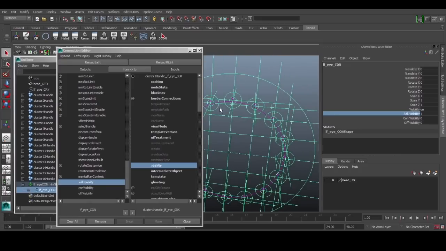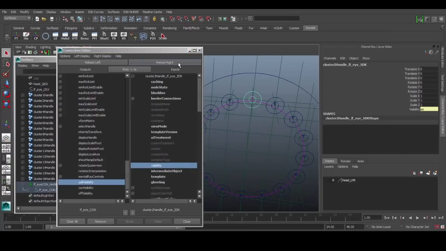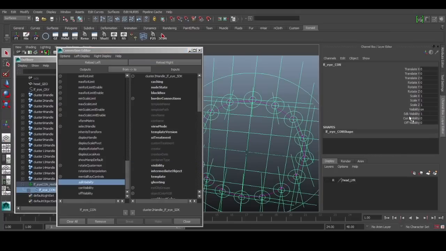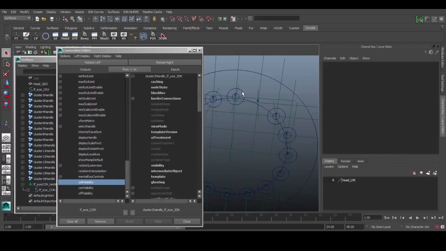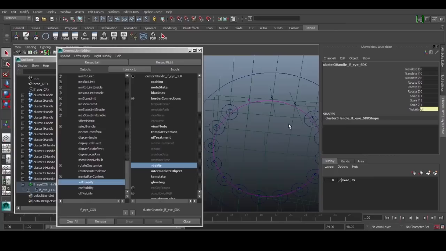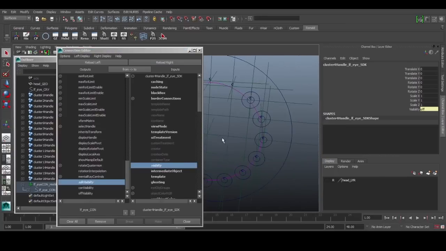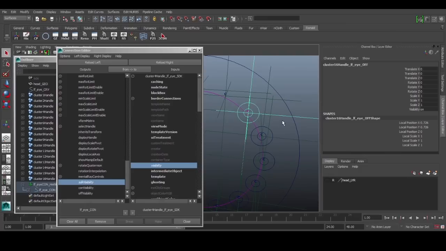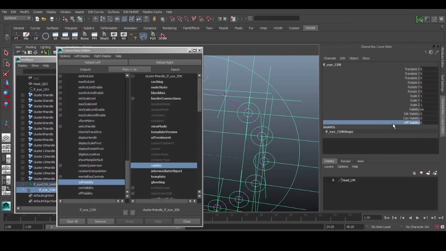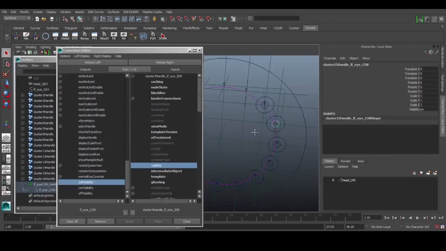So let's do this for the rest of our SDKs. Reload right, visibility. Let's just turn this off so we'll know when it's connected. So reload right, visibility, select this one, reload right, visibility, select this one, reload right, visibility, and then we'll do this for all the SDKs. And for the offset, it will be the same thing, just to the offset value, and for the con visibility, it will be the same thing, just to the con attribute. So I'll just fast forward the process here.